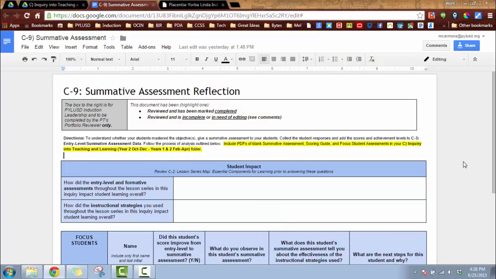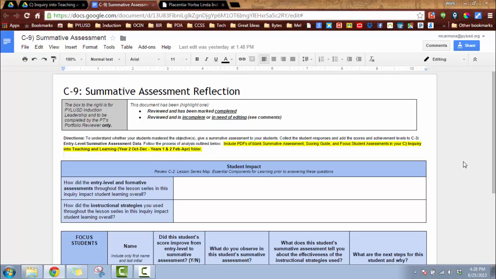You're almost to the end of your inquiry. You've finished all of the lessons, and now you have graded and are going to delve into the summative assessment to really see what your students know. This is similar to the entry-level assessment, but it is going to require you to drill down a little bit